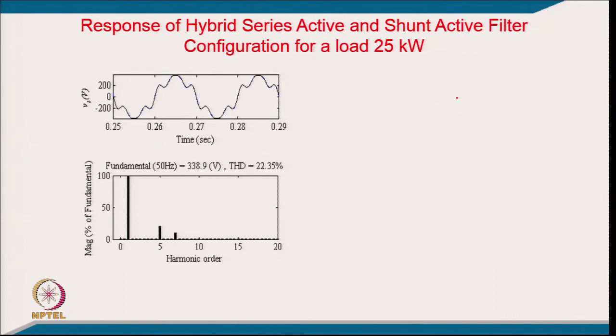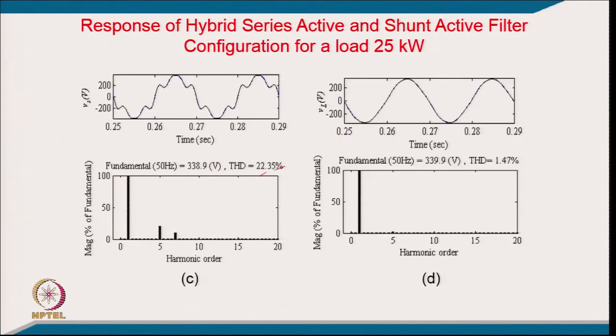And then you can see the voltage, where the source voltage typically has quite large harmonic distortion. It may be distortion from the supply side, or because of other connected load at the point of common coupling. You may be getting quite distorted voltage of this nature at the point of common coupling, but still your load is not affected, because your load is getting good quality voltage of even less than 1.47% THD across your load. So, the series active filter is able to clean your voltage from this voltage to this voltage